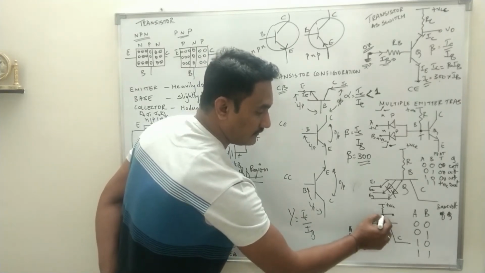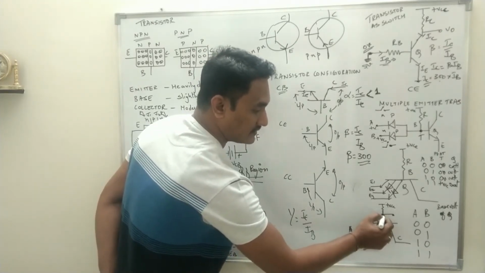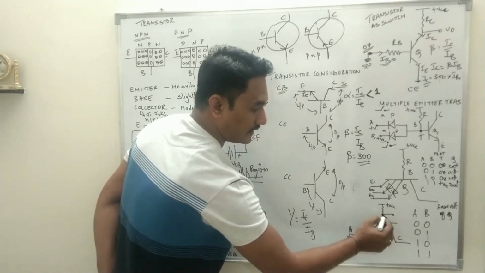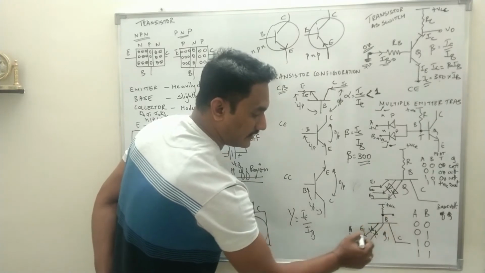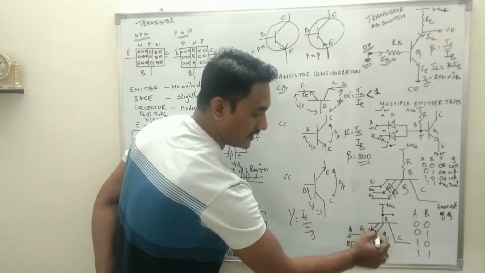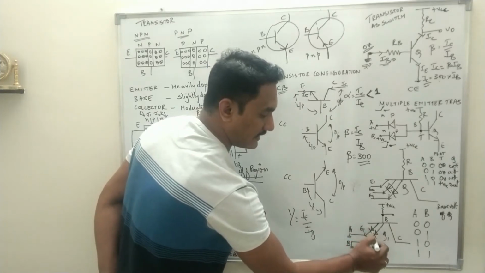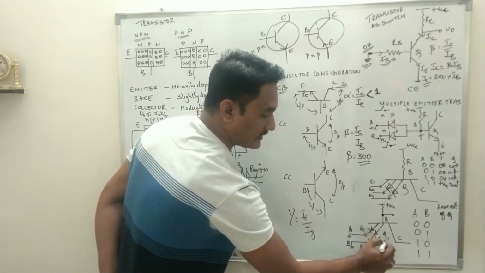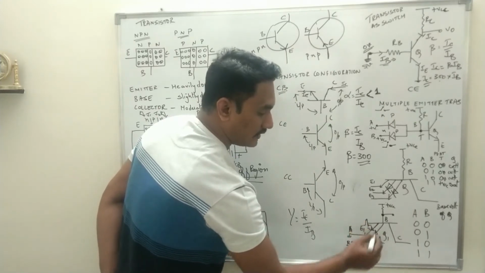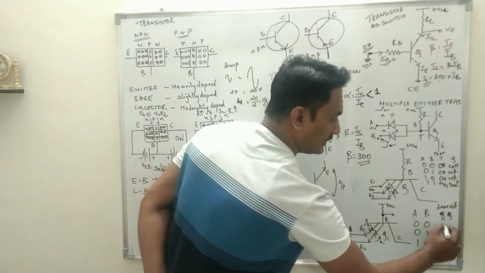So if you take the potential at this point, which is the base voltage of your transistor, say Q1, the base is connected to ground through the diode, because the diode is forward bias and acting as a closed switch. So the base is connected to ground, so base voltage will be 0 volt.